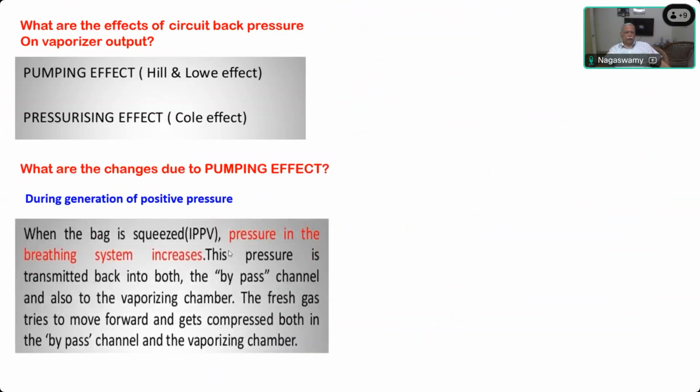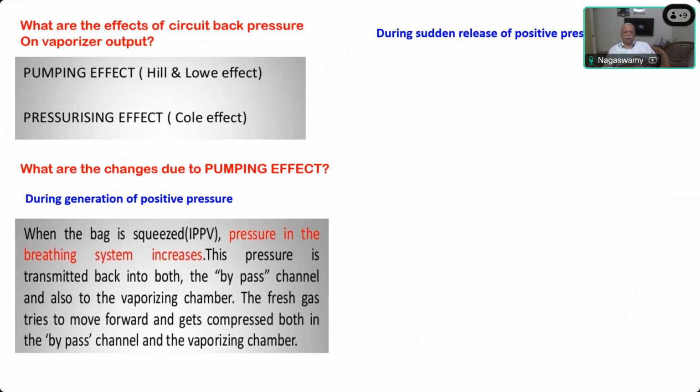When the bag is squeezed, the pressure in the breathing system increases. This pressure is transmitted back both to the bypass channel as well as the vaporizing chamber. The fresh gas tries to move forward and gets compressed between the bypass channel and the vaporizing channel. And during sudden release of positive pressure, after you give an inspiratory squeeze, either you do it manually or the